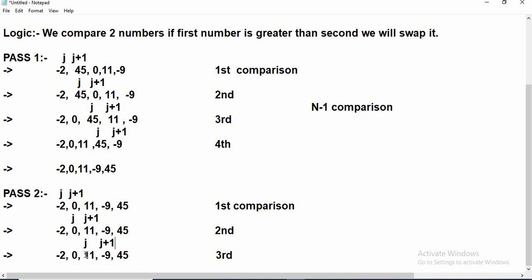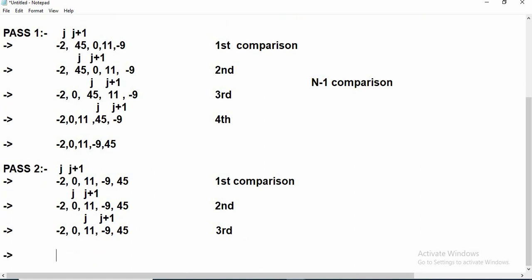j is incremented and now we will compare 11 and -9. 11 is greater than -9, so we will swap it. So after swapping we get this array, and it is not necessary from here to increment j and compare with